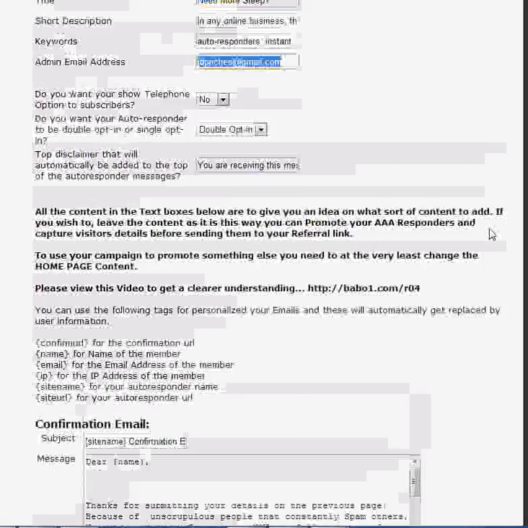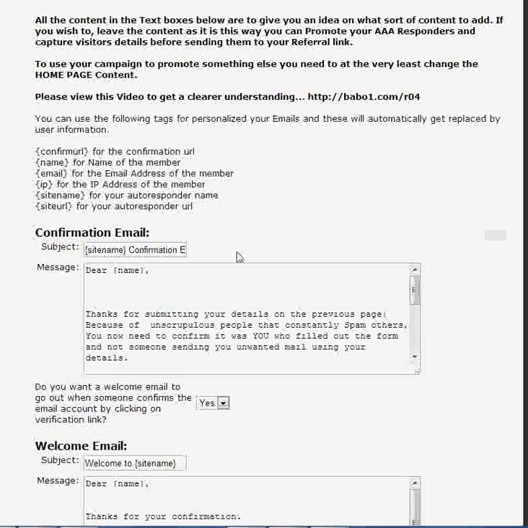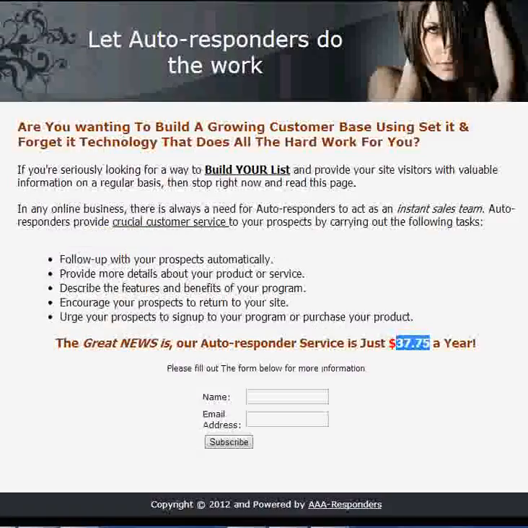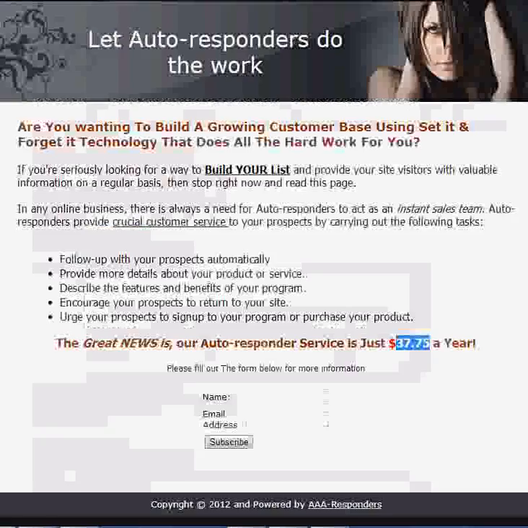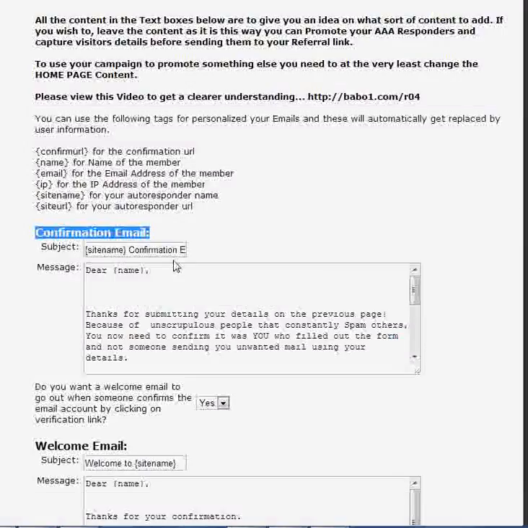There we go. Now, I'm just going to scroll down again. I want to show you something. We've got some pages here. This is your confirmation page. When someone signs up, they'll get the same template. I'll have a read of what it says. Thank you for submitting your details on the previous page because of unscrupulous people that